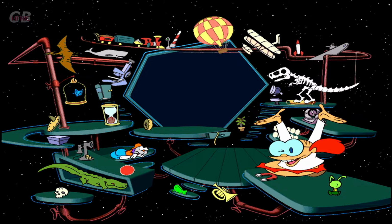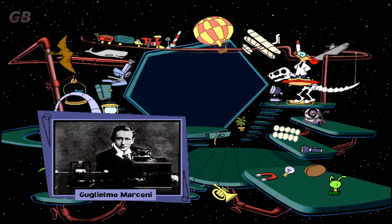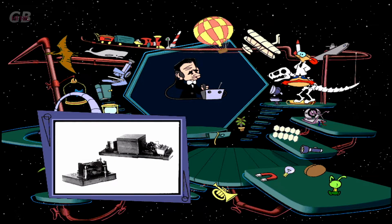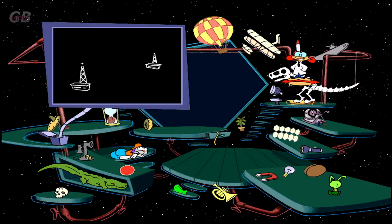Talk about a bummer. In 1896, an Italian engineer named Guglielmo Marconi patented a telegraph system that sent signals through the air via radio waves and a radio transmitter. This technique became known as wireless telegraphy, since no wires were needed to hook the sending and receiving equipment together. In 1906, the first radio signal was sent by...